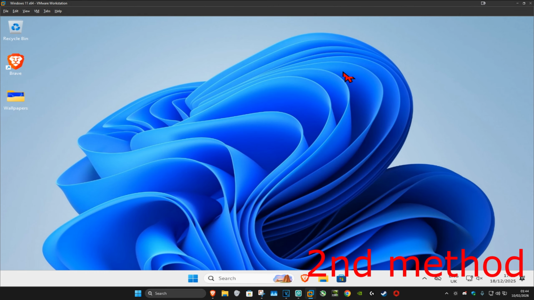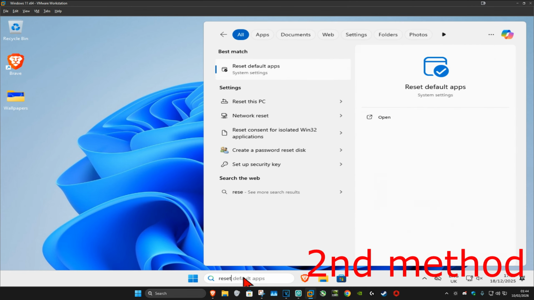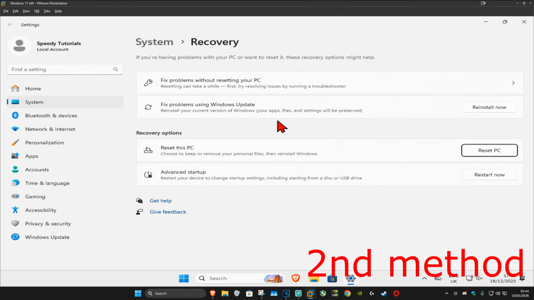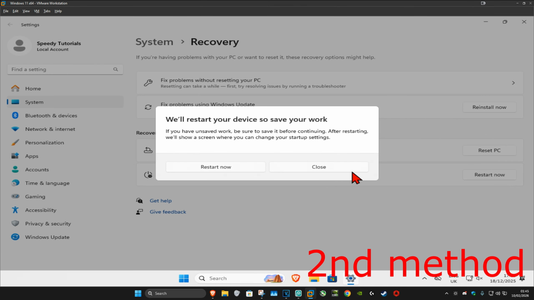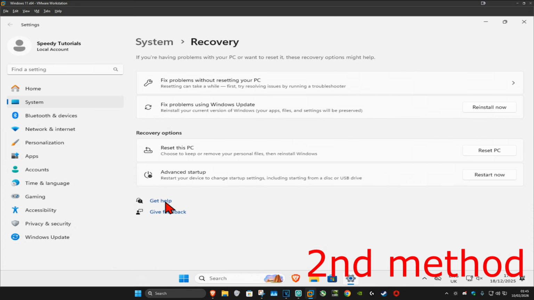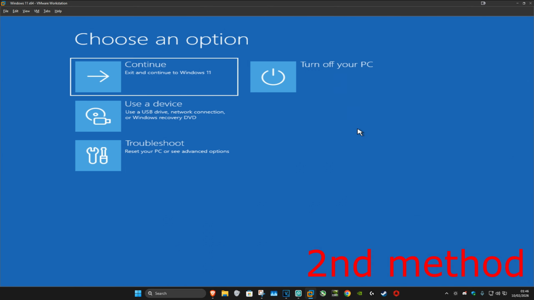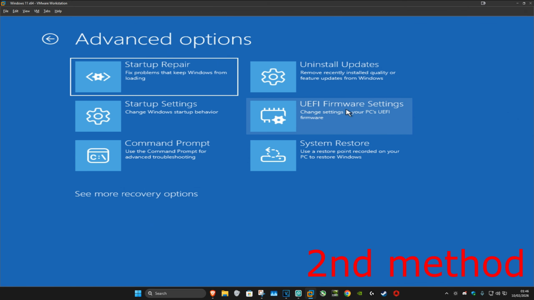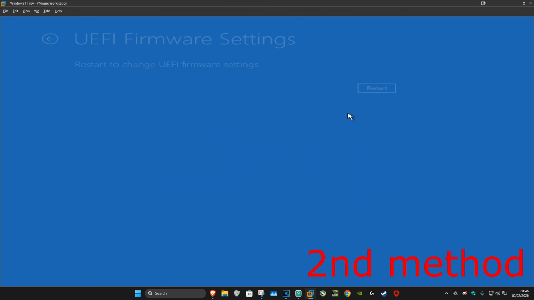To go into your BIOS, you want to go to search and type in reset this PC, click on it. And now once you're on this, next to advanced startup, you want to click on restart now. And then click on restart now again. Just wait for this, which will then take us to here. Now once we're here, you want to click on troubleshoot, advanced options, and then UEFI firmware settings, and then click